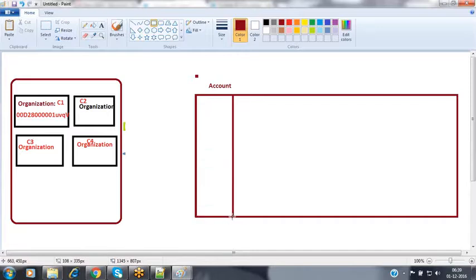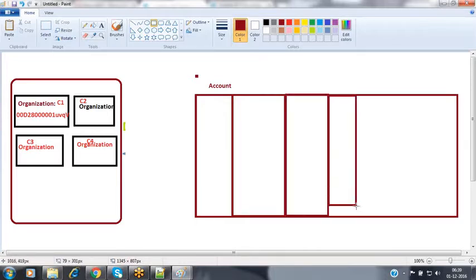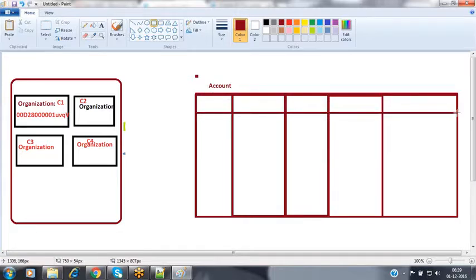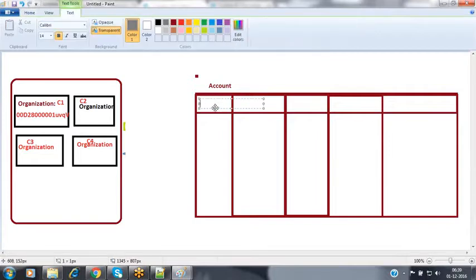like the ID column and the name column, and you will have the rating column and the industry column. Like that, so many columns are available inside this table.